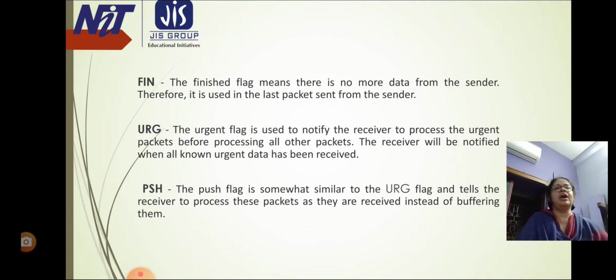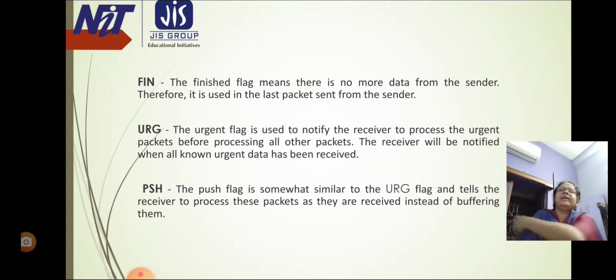So we need to understand that there is a difference between FIN and RST. FIN, or finished, gracefully terminates the connection. RST, or reset, abruptly tells the other side to stop communicating. In case of finished, only one side of the conversation is stopped, and in reset the whole conversation is stopped.